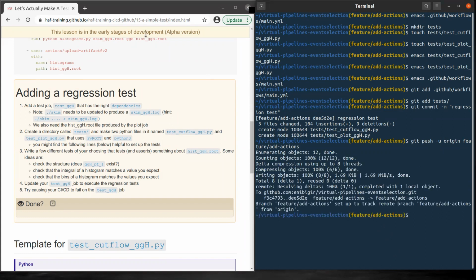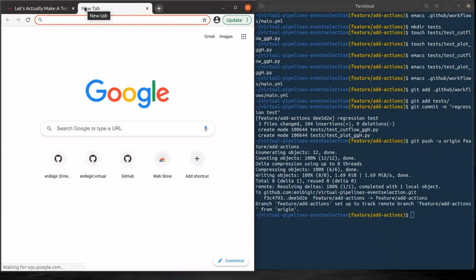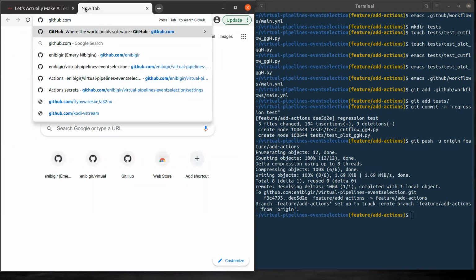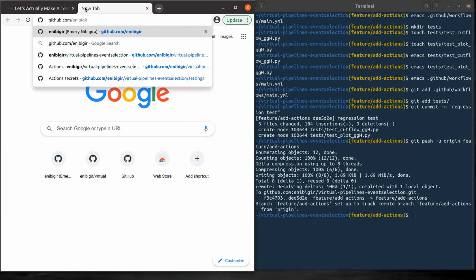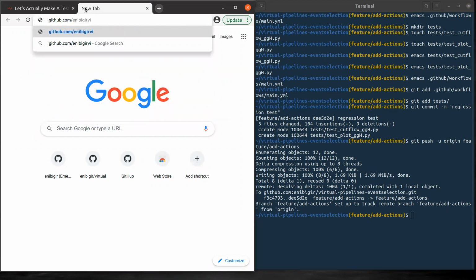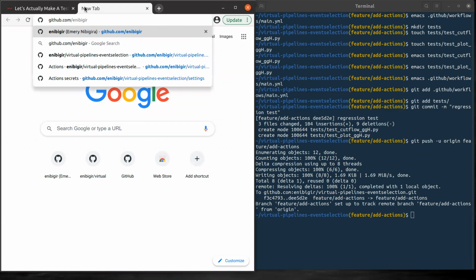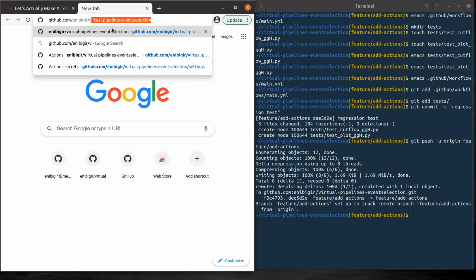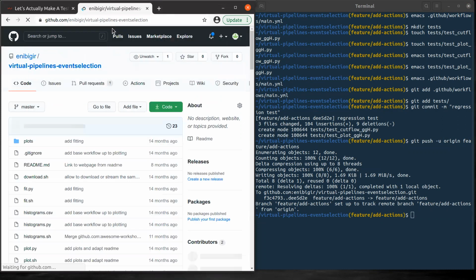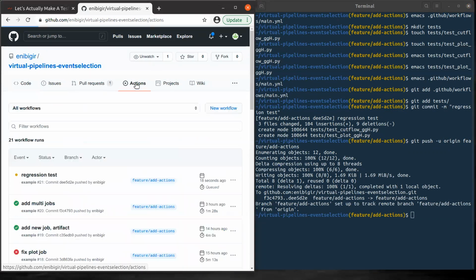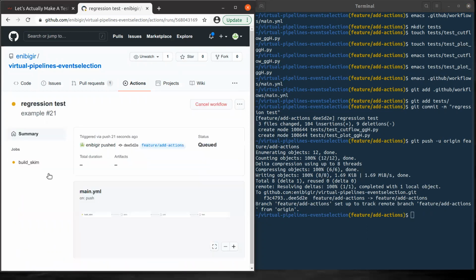So I can go to GitHub, my username, virtual plan should be this one. Okay, that's fine. Let's monitor now the regression test workflow.